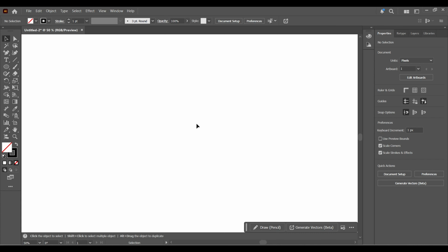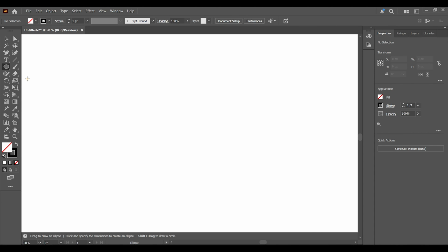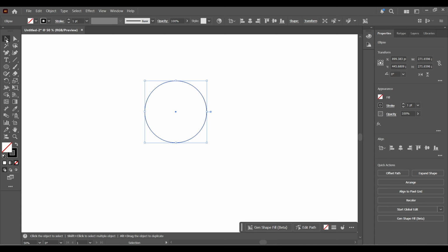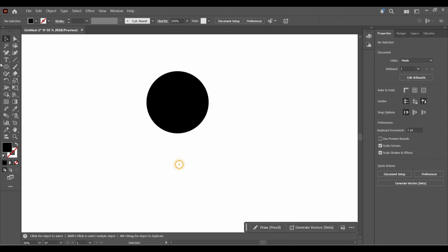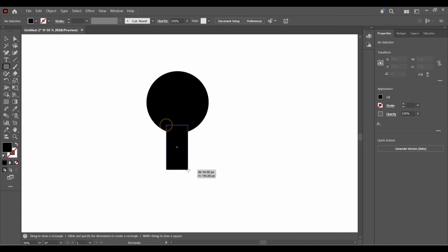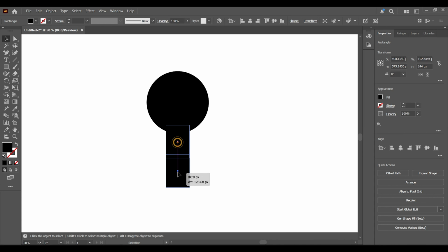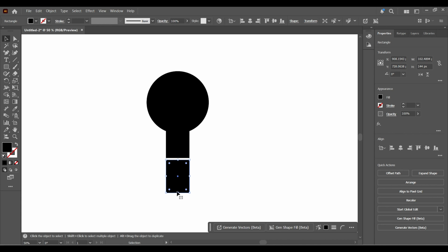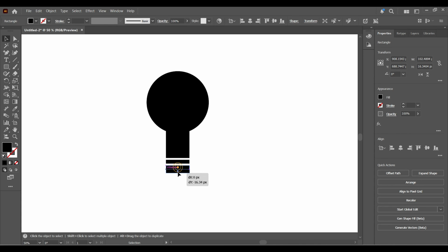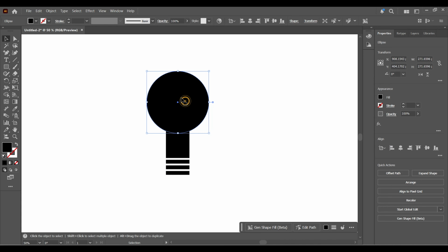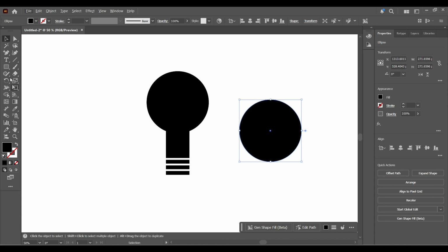Welcome to episode 6 of the logo skill upgrade series. Let's start by creating a bulb using simple shapes as shown on the screen. You might be thinking why I am creating this image instead of using any vector image from Google and text, and we can complete the logo as much as possible. But personally I feel if we are getting any chance of enhancing our skill, we should grab that opportunity.